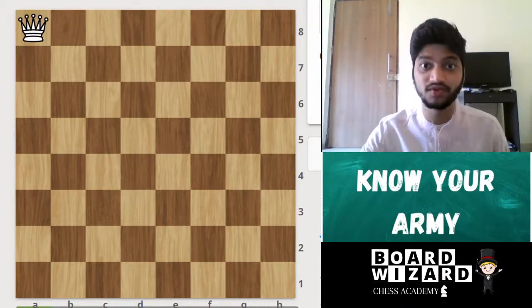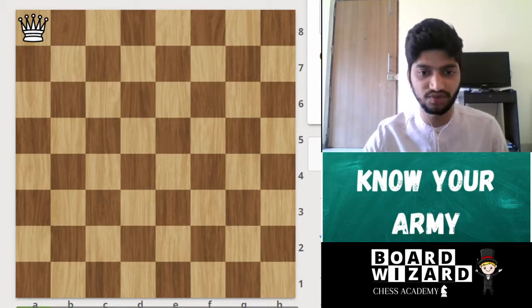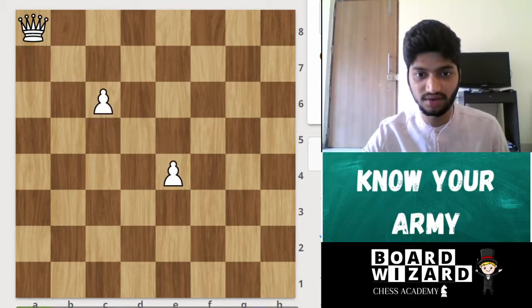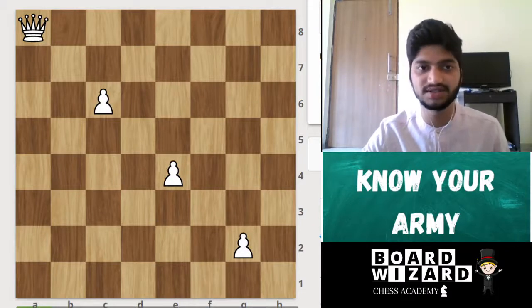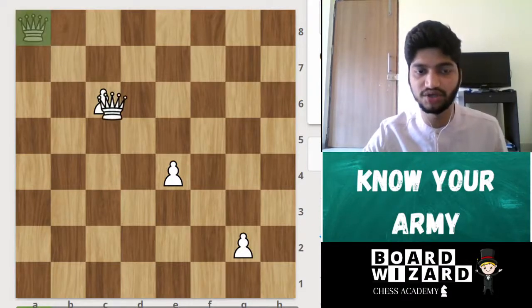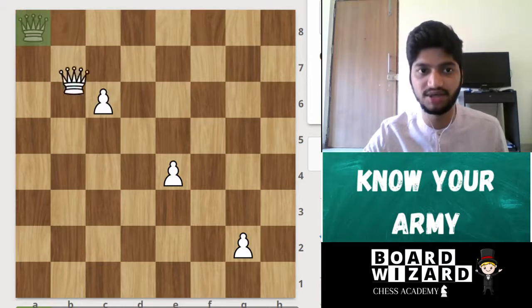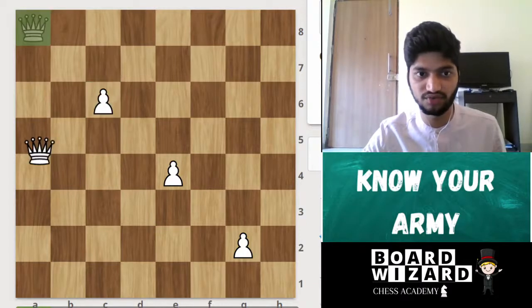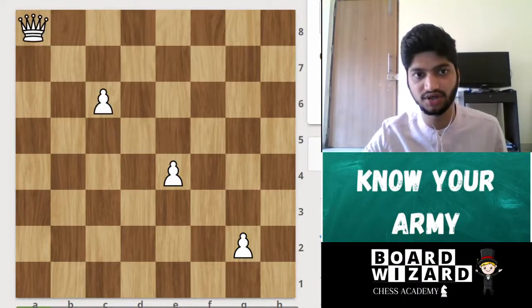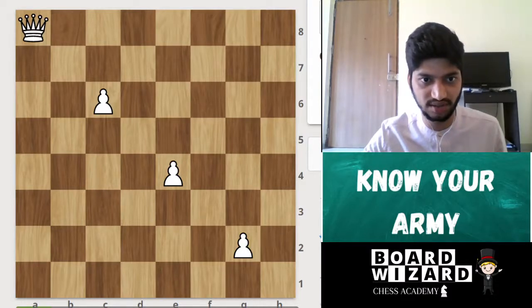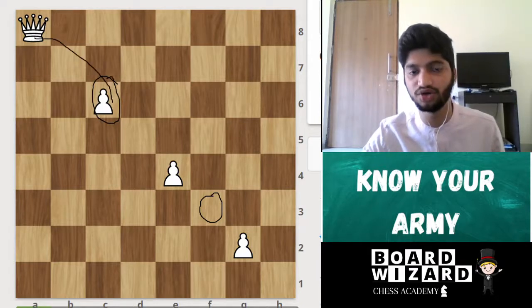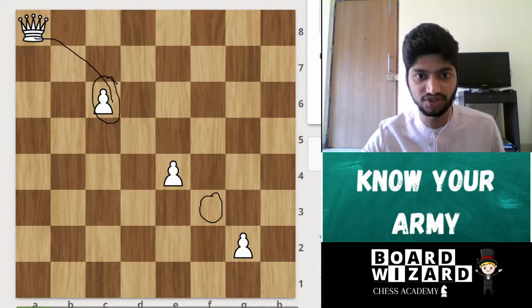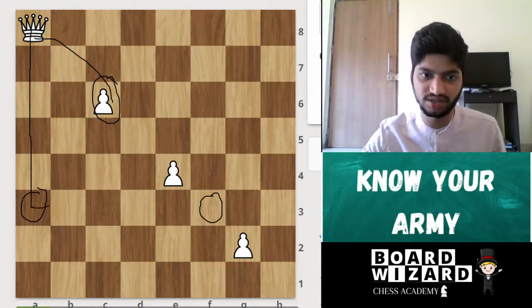A very important rule I want to tell you is, even the queen or any other piece like rook, bishop, they cannot jump over pawns and pieces. Let it be our pawns as well. So we have to find another way. If the queen wants to go to, let's say, the f3 square, she can't go because there is a pawn in between. The queen cannot jump over this pawn. So she has to find another way. Let's say she first comes to a3, she makes a stop, and then she can go to f3.